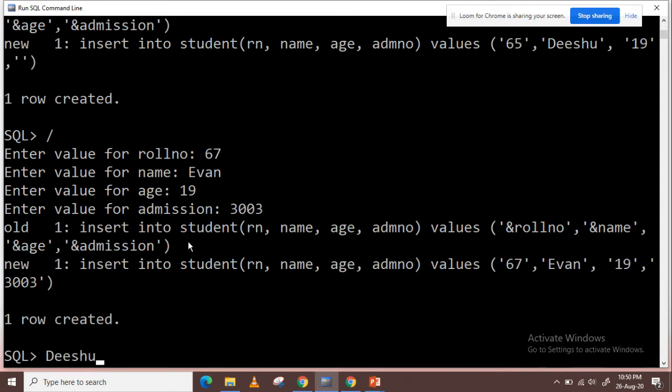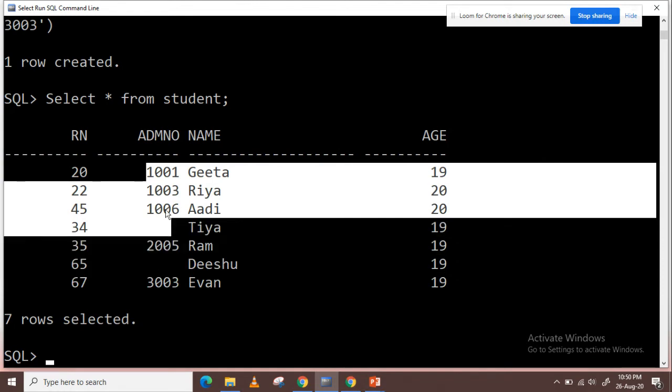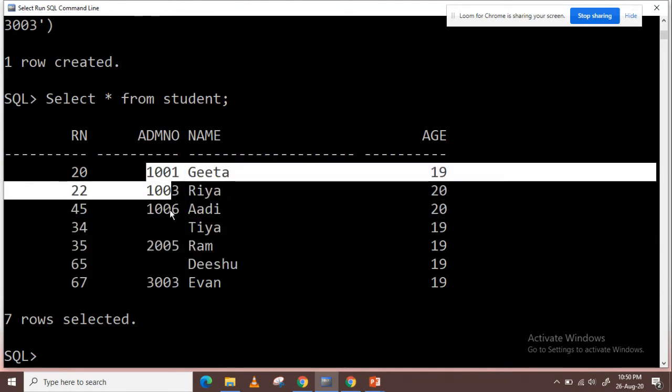This is the resulting table. For the unique constraint, we have entered two blank entries. Here we have two blank entries.